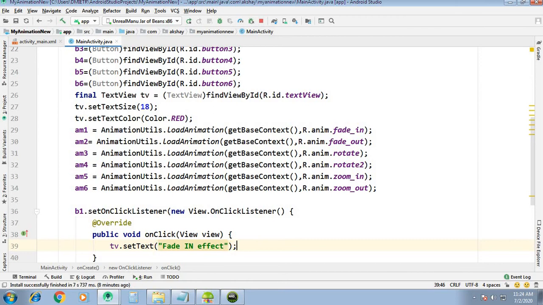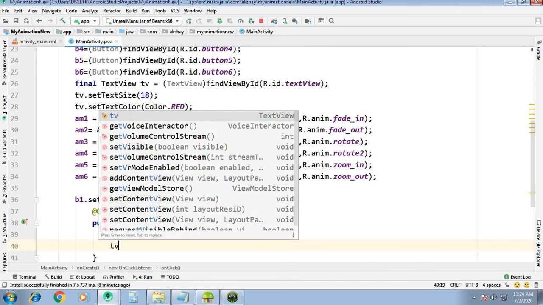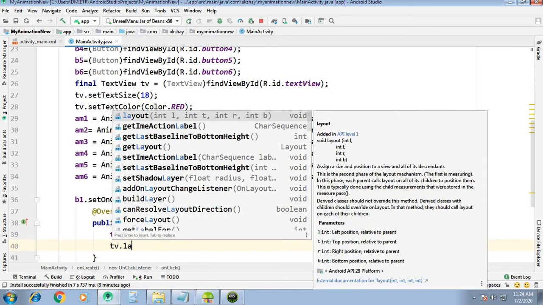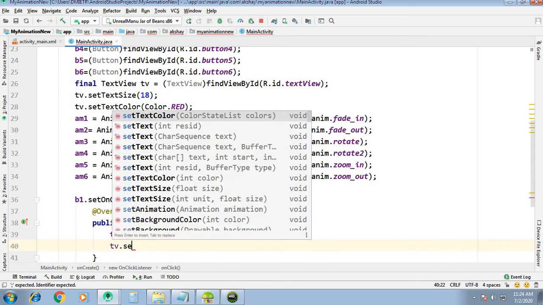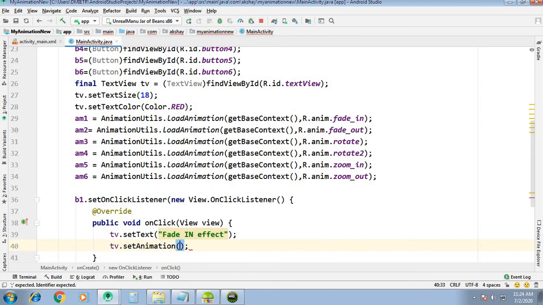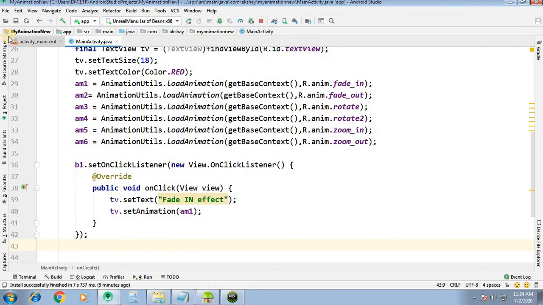Okay, so that we are setting, and tv.setAnimation am1. So this is what for the fade in effect.